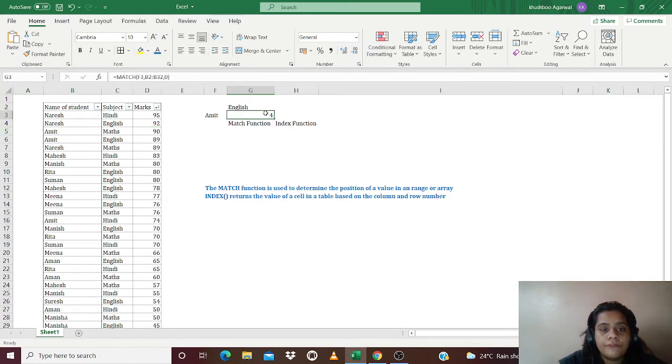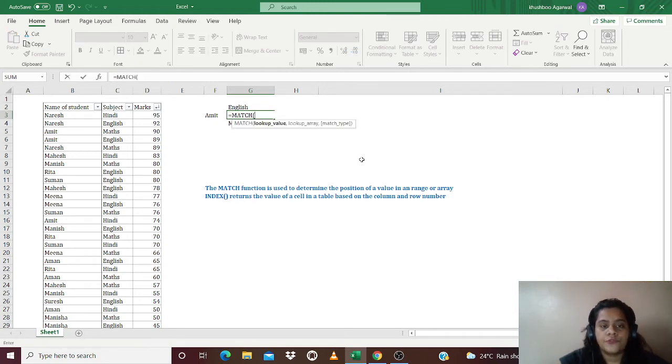You want to know which row consists of the marks obtained in English. So over here, we have two criteria: first is Amit and then is English. So how do we apply this formula?